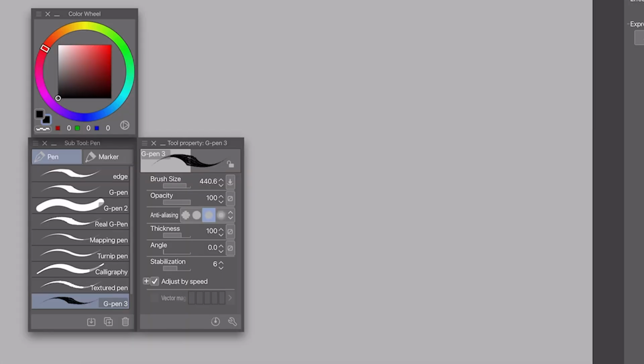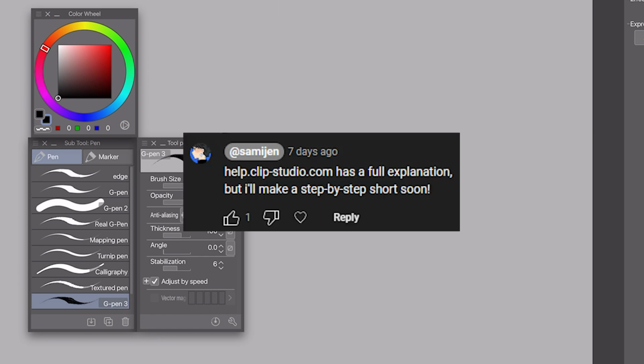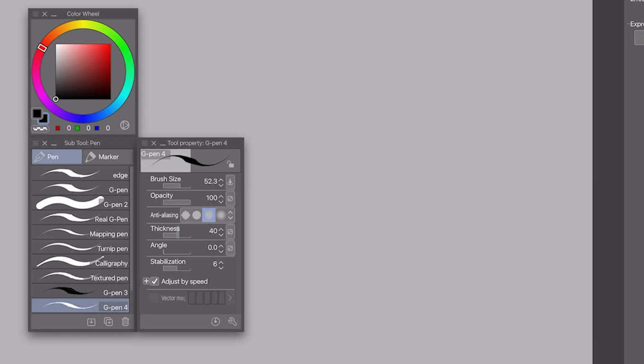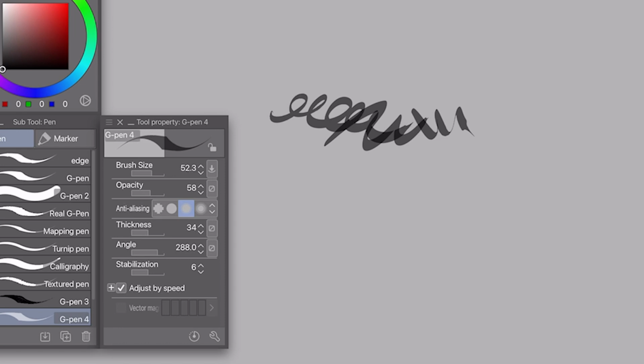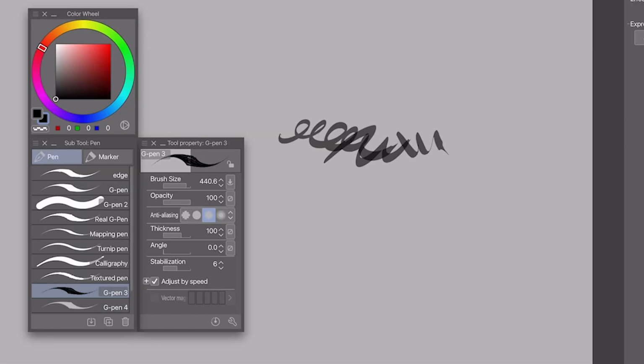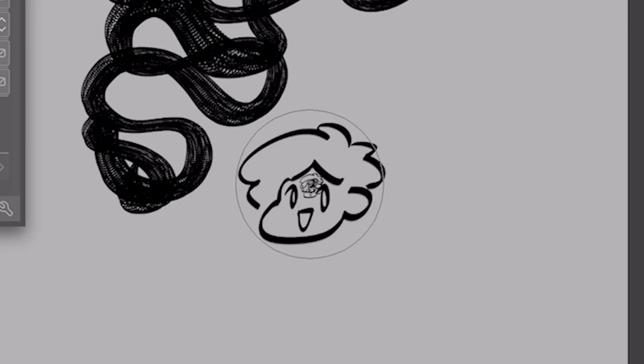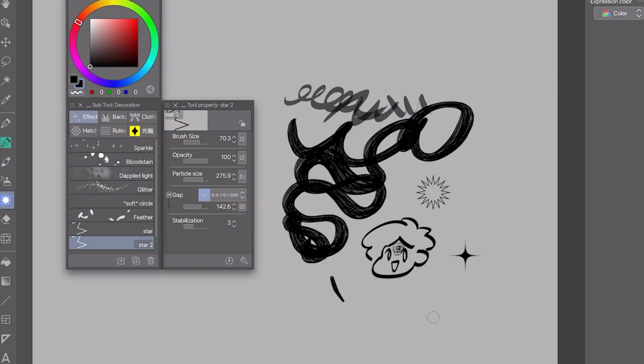Let's make a custom brush in Clip Studio Paint. This was supposed to be a short, but I realized the explanation would be pretty long, so a whole video it is. To make a custom brush in Clip Studio Paint, just hit this button right here to duplicate a brush, adjust the settings, and now here you have a completely new and unique brush. But obviously you want to make something that's more than that. You want to make something that's maybe like this, where the tip of the pen is actually a little guy. Or maybe a brush that's a really cute pattern.